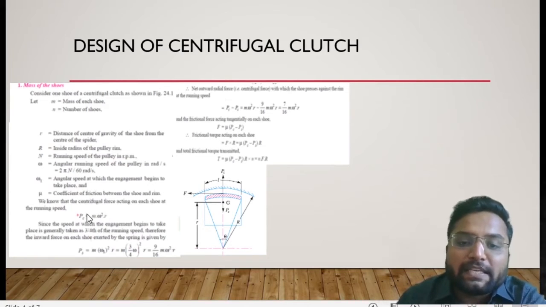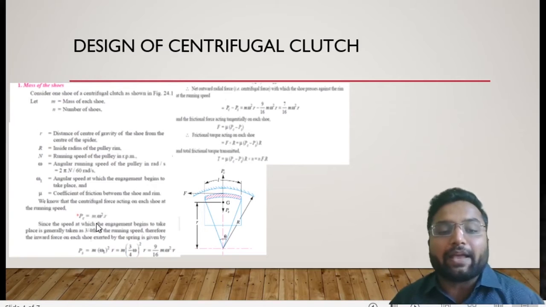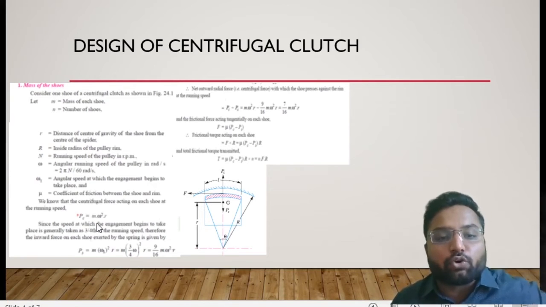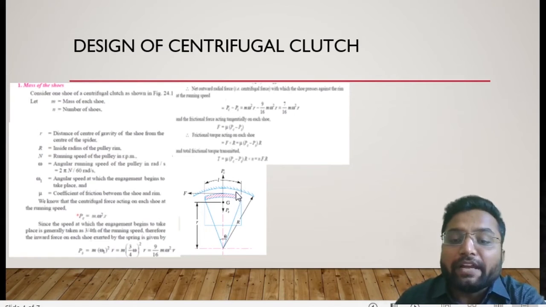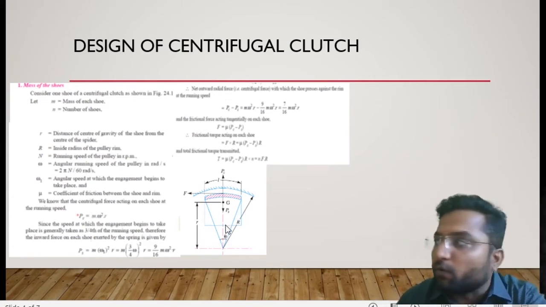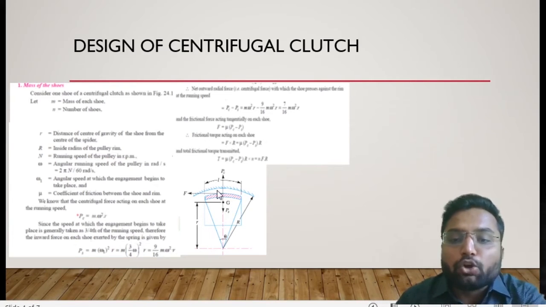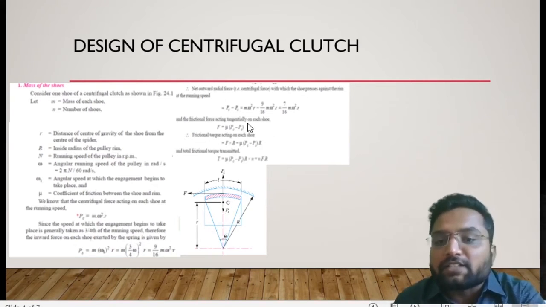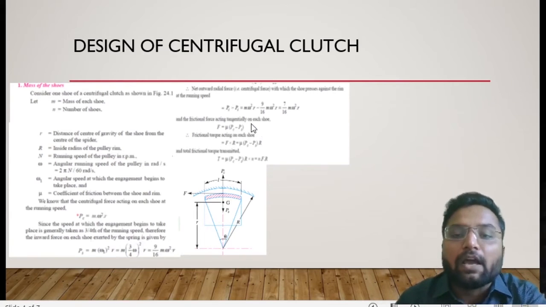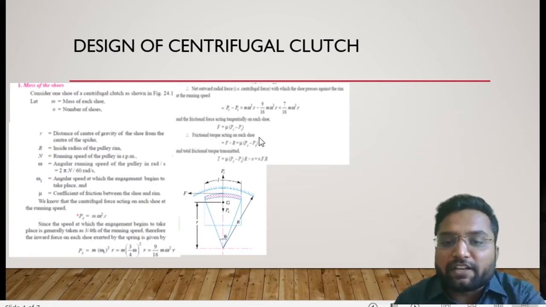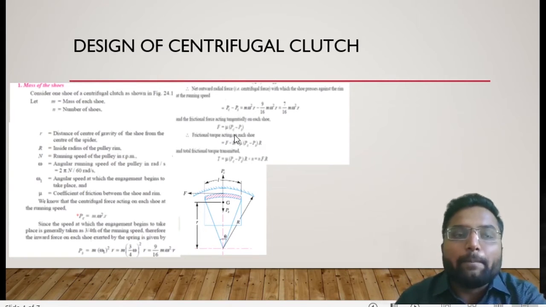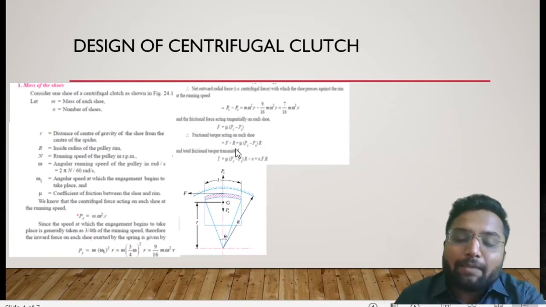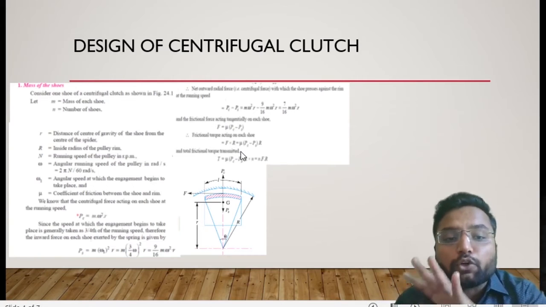Here Pc is nothing but the centrifugal force, m omega square r, of the component which is rotating. Clear? So it will take our mass outward from our center, and this is Ps. This is nothing but the spring force, which tries to get our mass back to its original position, and the difference between Pc and Ps is nothing but our frictional force. This resultant frictional force is F equals mu times (Pc minus Ps). So this frictional force will help us create the sufficient amount of torque which is required.